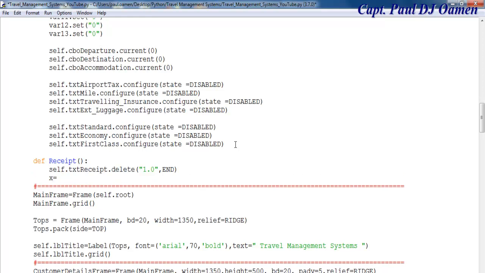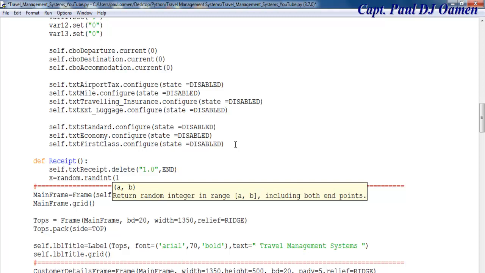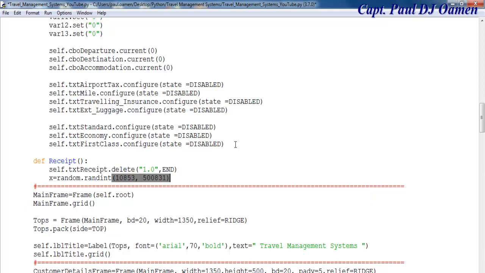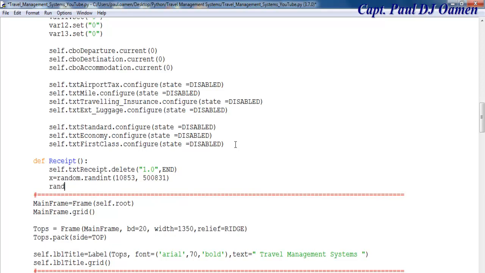Let's say local variable x is random, and I'm going to use that for the random reference, rand index or rand integer. So that is the value that I have for them to use, between 10,000 plus to about 500,000 plus. Right. Now let's say another local variable, rand reference